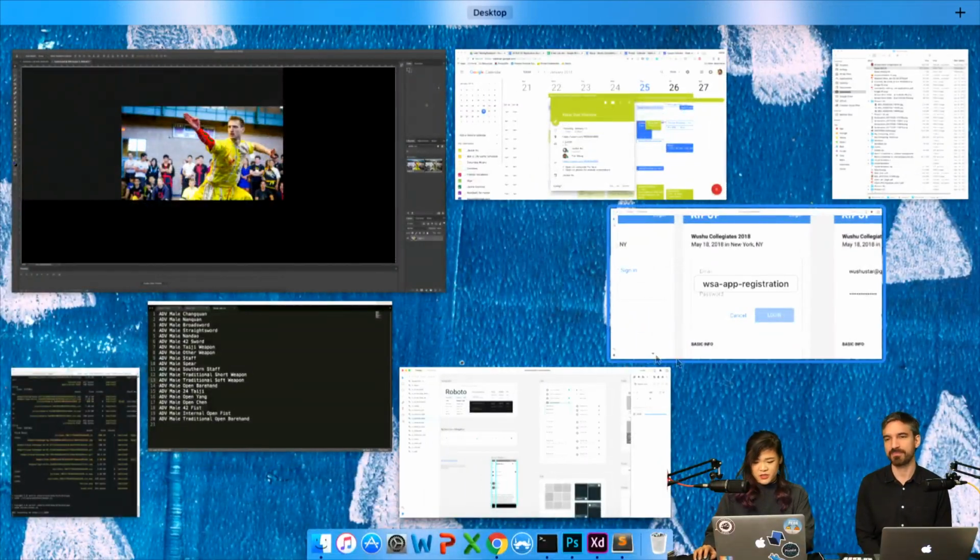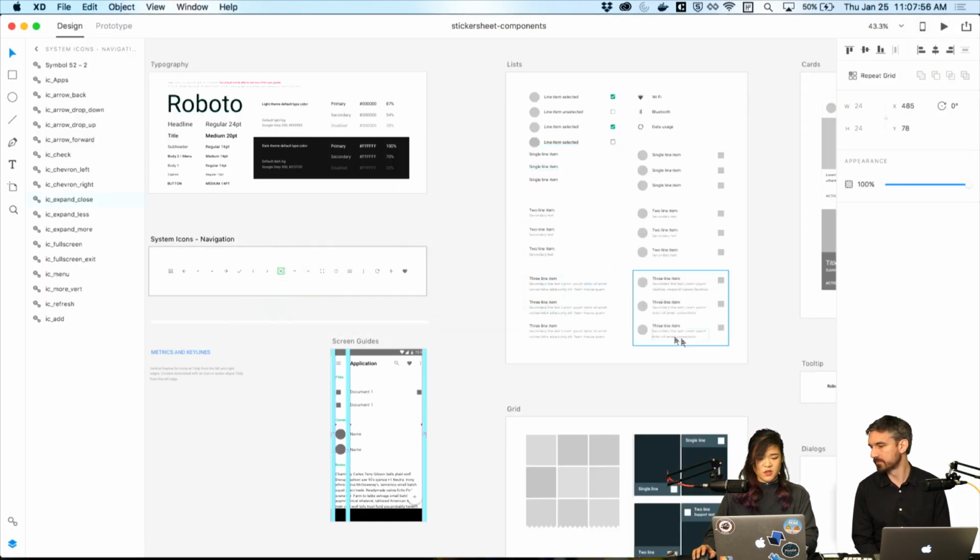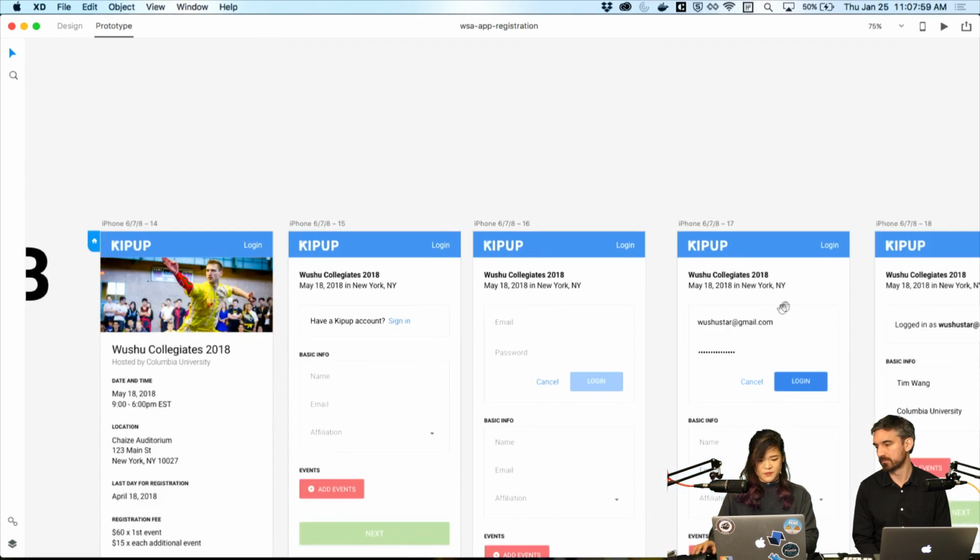The reason I'm following Material is that the app we have built so far, the setup portion of Kipup, follows a lot of the same Material patterns. So we want to keep things consistent. When we actually build the registration flow, it's going to be in the same code base, right? So form fields and things like that will be the same. We'll reuse those components as opposed to building entirely new ones. I see. Okay. So the concept of this gray background with these cards and these colors will look really similar to the things we have going on over here.